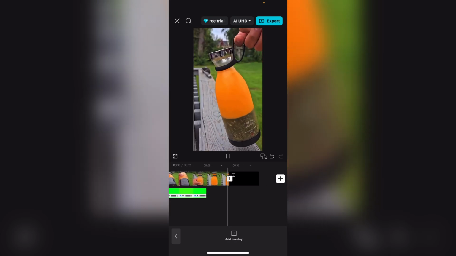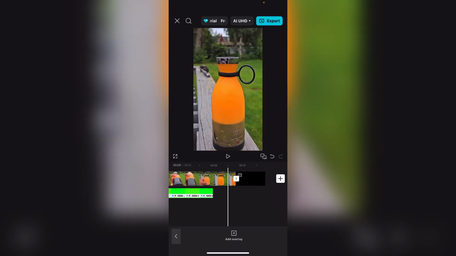Tap on the export button on the right top corner,